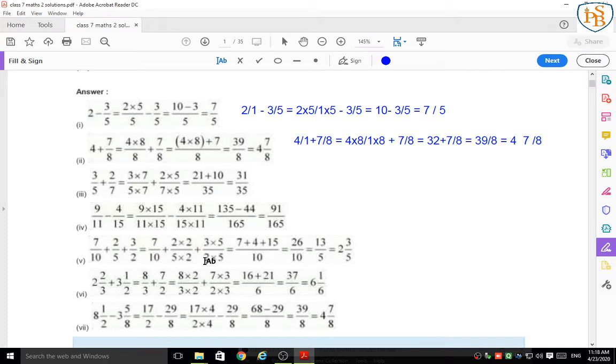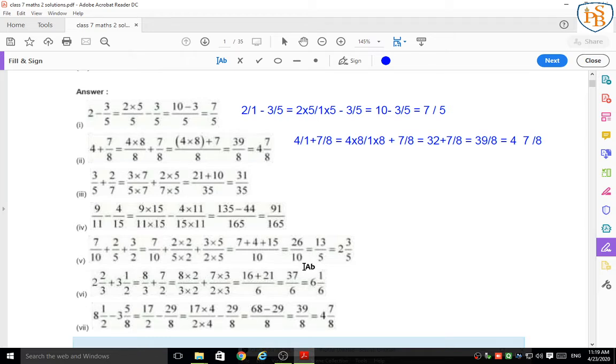Plus 3 upon 2, again in the table of 2 we get 10 at the place of 5, so we are going to multiply that denominator with 5, and because of that the numerator is also multiplied by 5. So we wrote here 3 into 5 upon 2 into 5. So 7 remains the same, 2 2s are 4 and 3 5s are 15, and the denominator is 10. So 7 plus 4 is 11, 11 plus 15 is 26. So my answer is 26 upon 10, and both are even numbers.